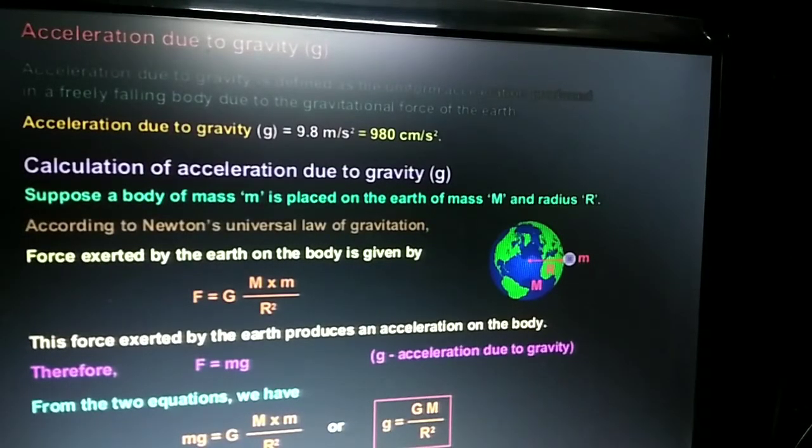Then he concluded that bodies of different masses dropped simultaneously from the same height hit the ground at the same time